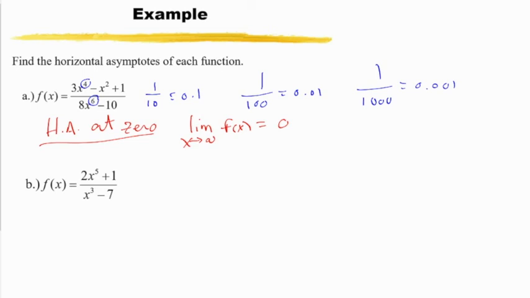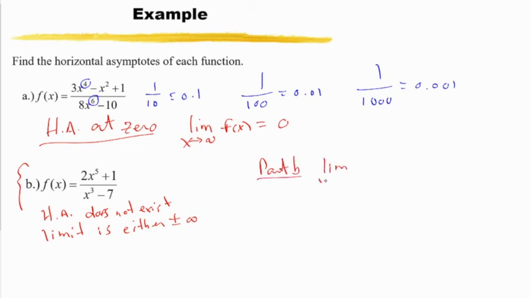Now let's look at part B. We notice the top has a higher degree than the bottom. That means the horizontal asymptote does not exist, and the limit is either positive or negative infinity. Well, to evaluate that, we just have to do a little bit of analysis. And that analysis could be done by putting a positive 1 in if we're going to positive infinity, or a negative 1 in for x if we're going to negative infinity. So for part B,